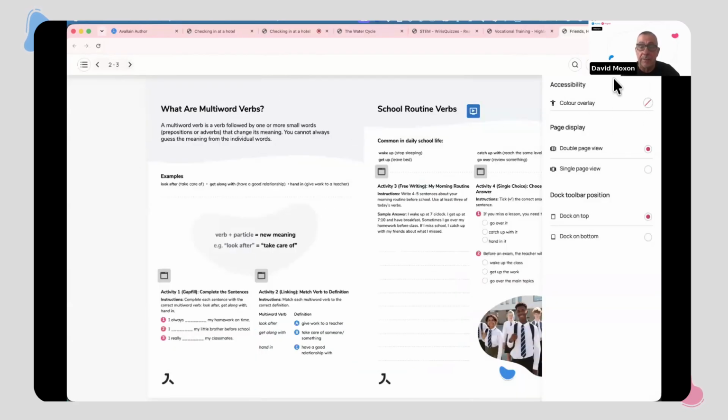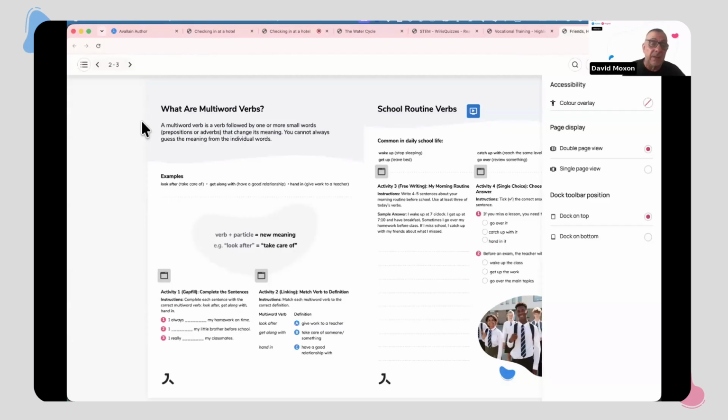You've got lots of accessibility options, and that's something I didn't mention for the other activities. All our activity types are fully accessible. So that means you can use screen readers, you can use the shortcuts on your keyboard, what have you. So they're fully accessible, and also they're fully responsive. So they're designed to be used on any device. You don't need to create one that works for desktop, or one that works for laptop, and one that works for mobile. They all adapt